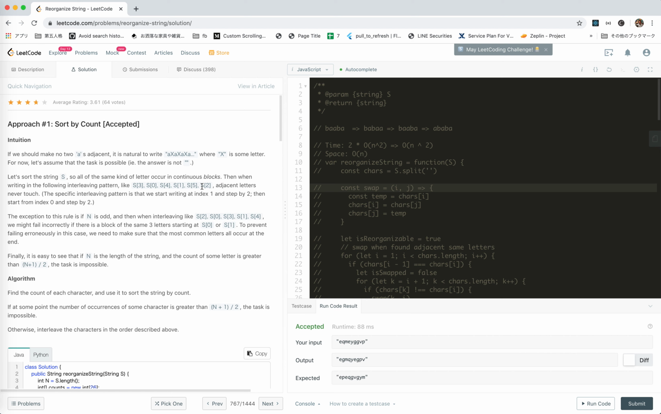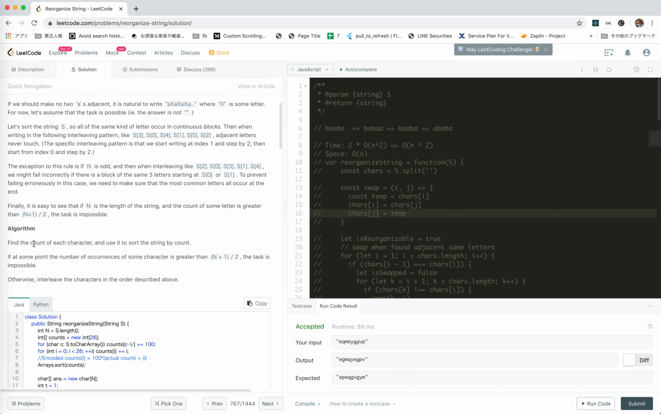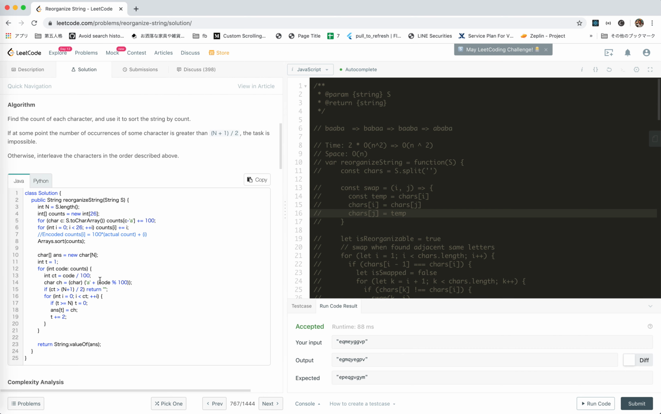I think we're trying like this, right? Find the count of each character. Yeah, we do. Use it to sort the string by count. Okay. Interleave the characters. Count. Cool. Sort. Yeah. Then for each code,